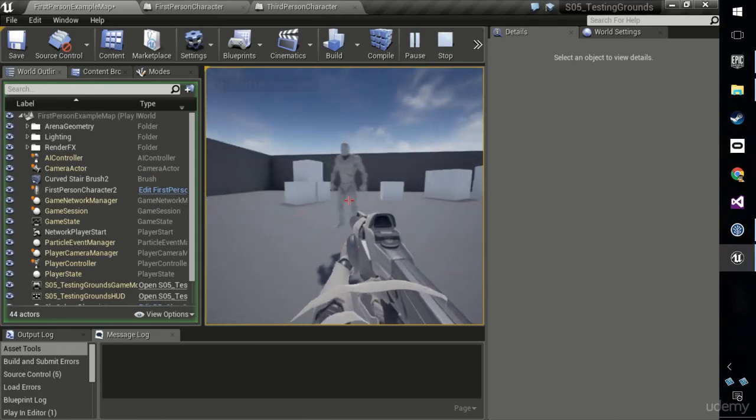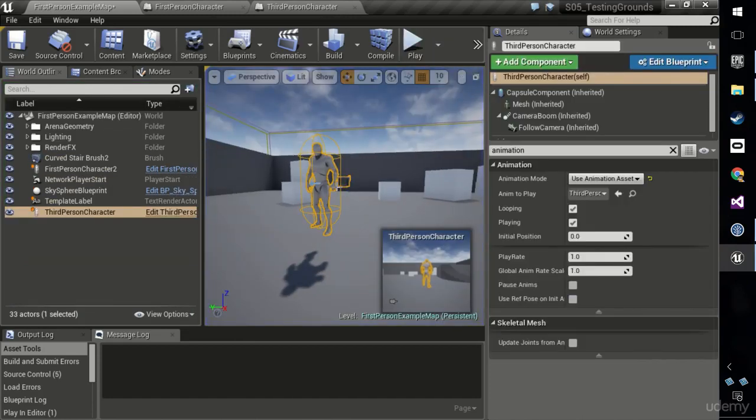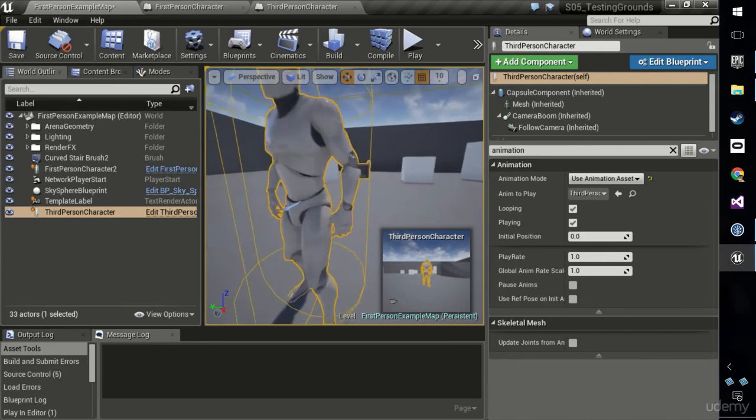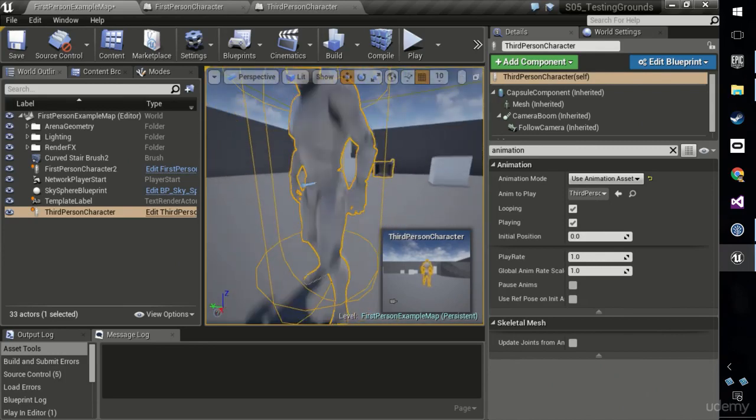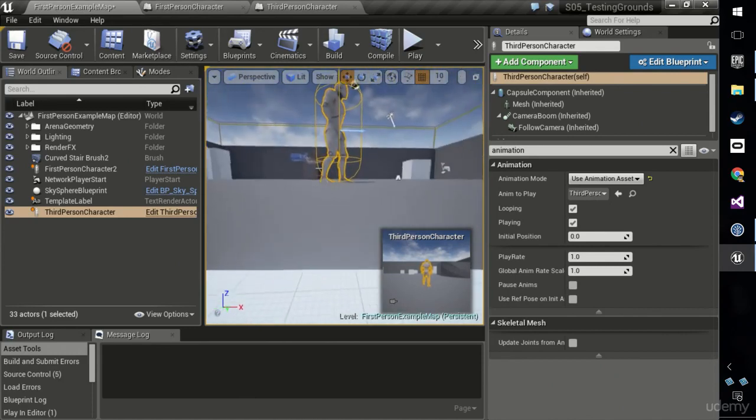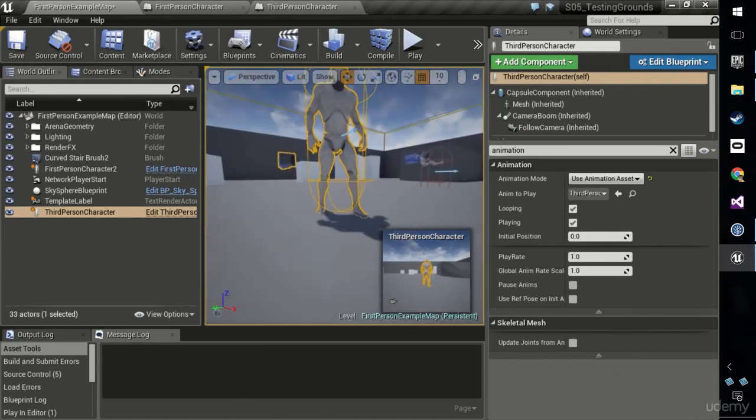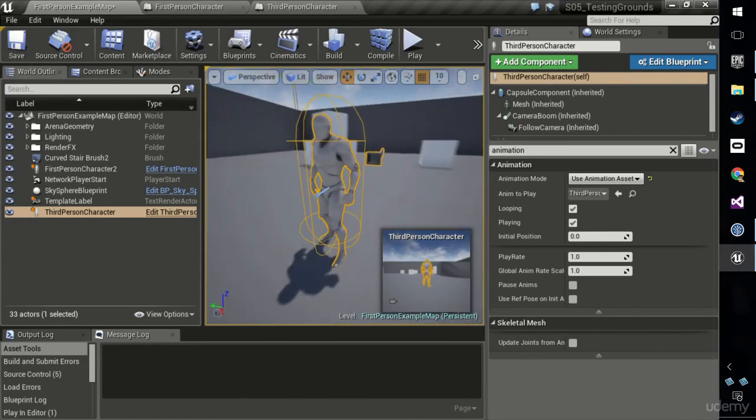There he is, standing there much more sensibly and breathing. I'll just pop him on the ground with the End key now. And that little sequence just gives you an idea of how you might want to debug these things. I mean, I knew that it was the animation there, but I just wanted to point out that those sorts of strange behaviors could also be,